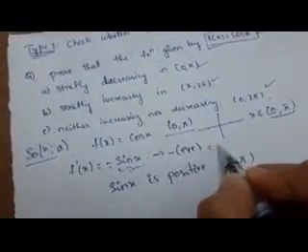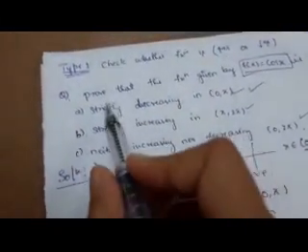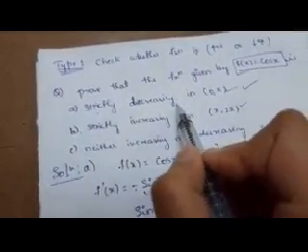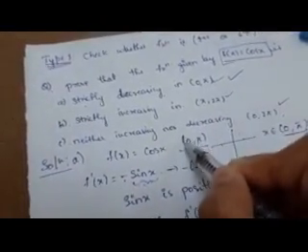In this interval, sine is positive. Positive into negative, what happens? Negative. So our f dash of x is negative. When f dash of x is negative, that means f dash of x is less than 0. When f dash of x is less than 0, what happens? It is a strictly decreasing function. That is what we needed to prove. So f dash of x less than 0 means our function f of x is strictly decreasing in the interval 0 to pi. Here we have considered the open interval 0 to pi.